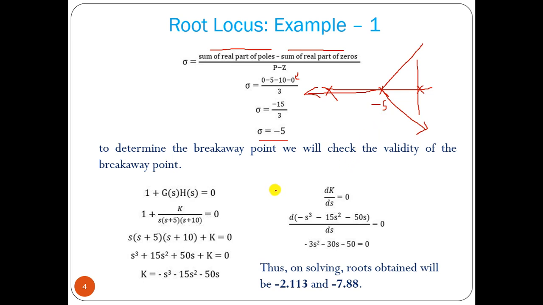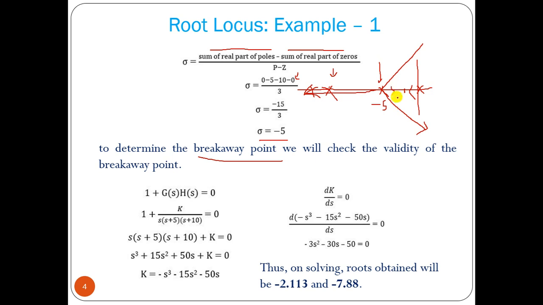Now we have to find the breakaway point. We can find the real axis segment, so this is the real axis segment. On the right hand side there is no root locus path. At this point, on the right hand side we have one pole, so there is root locus path here. Here there is no root locus path, because we have two poles on the right, and after this pole we have the root locus path. That means from here we must have a breakaway point.